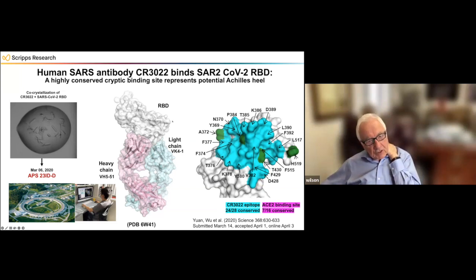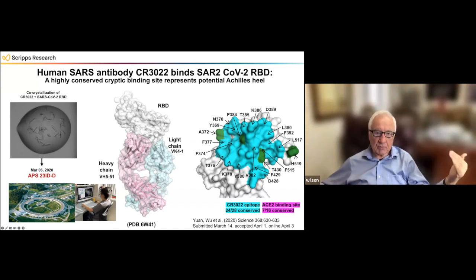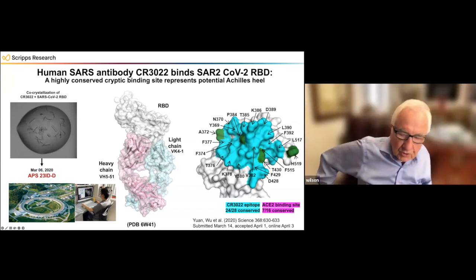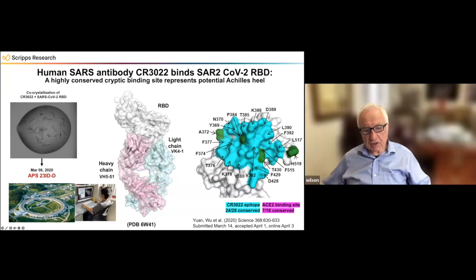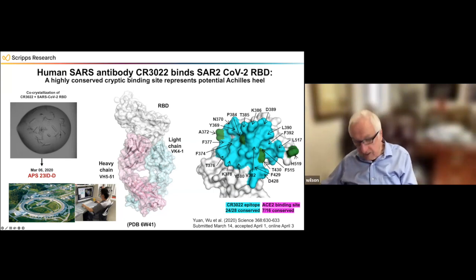So here's the receptor binding domain from SARS-CoV-2 with the antibody. By definition, because of the way it was pulled out as cross-reactive between SARS-1 and SARS-2, it was a pretty broadly neutralizing antibody. It bound to a highly conserved surface with only 4 changes between SARS-1 and SARS-2. This surface was much more highly conserved than the receptor binding site, for example, where only half of the residues are conserved, even fewer now with all of the Omicron mutations. Whereas this is an extremely highly conserved site, and that provided the first really good target for thinking we could go after a broad neutralizing response against SARS-CoV-2.